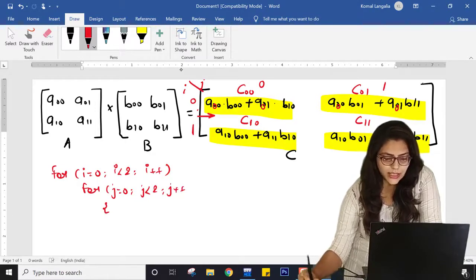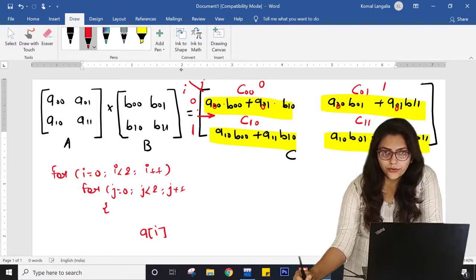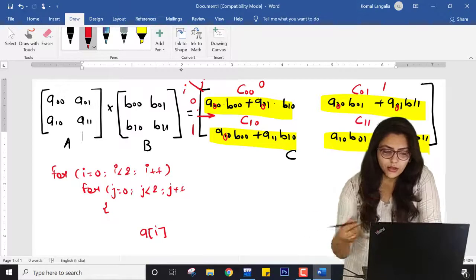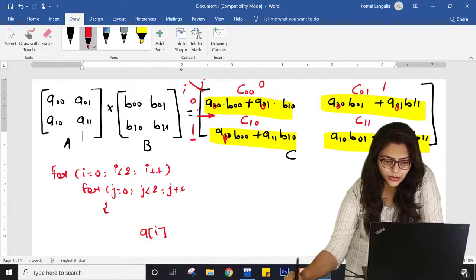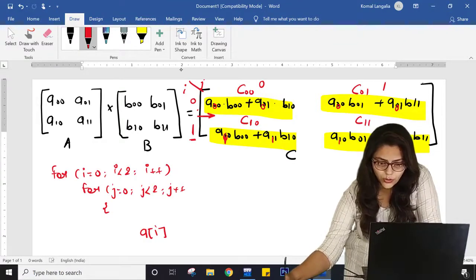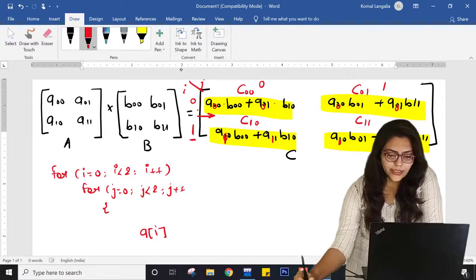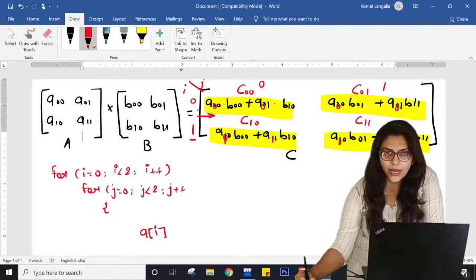Now inside this, I can write A of I, because it is all 0 for the first row. Now you can observe for the second row, it will be 1, 1, 1, 1. So I hope you are noticing this change, right? That's why I have written A of I over here, because it's the value of I.